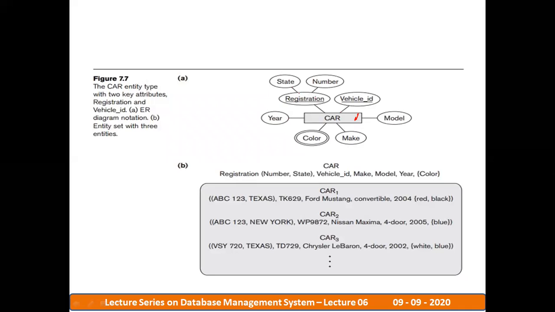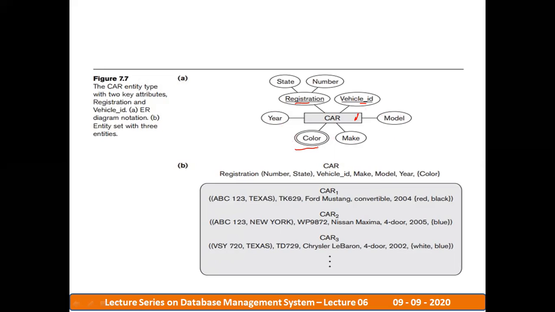Whereas the registration number and the vehicle ID are the primary keys, so they are represented with an underline, as you can see here. The model, make, and year are simple or single attributes, whereas the color is a multi-valued attribute.